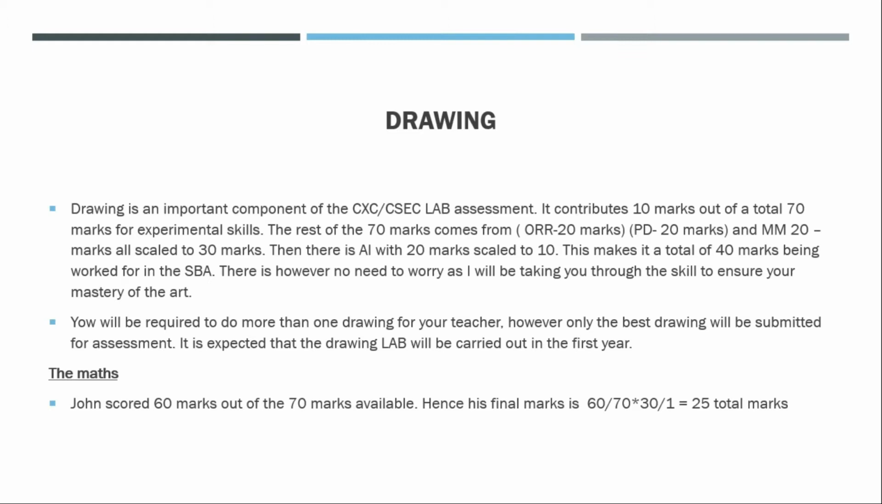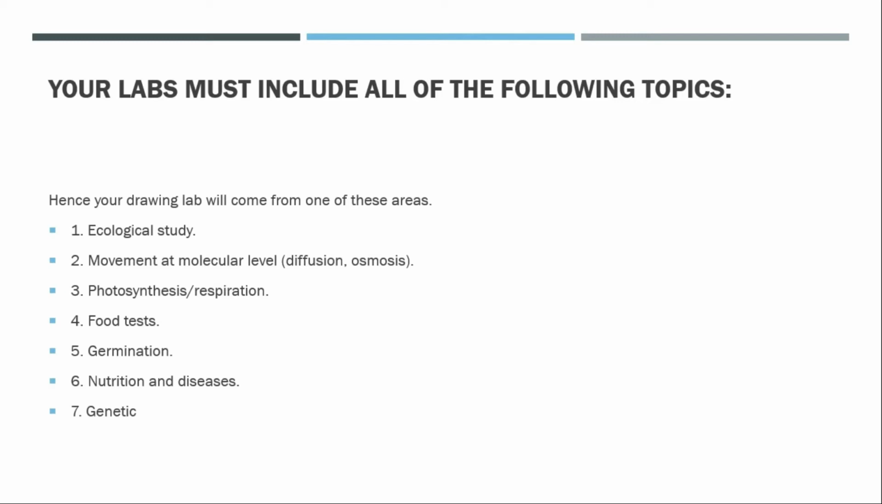Now here we have a little calculation to show you how we calculate that total SBA grade. Now you might wonder how many labs you'll be doing for the SBA. A minimum of 18 should be done, and the amount to be submitted for CXC is about 8, depending on